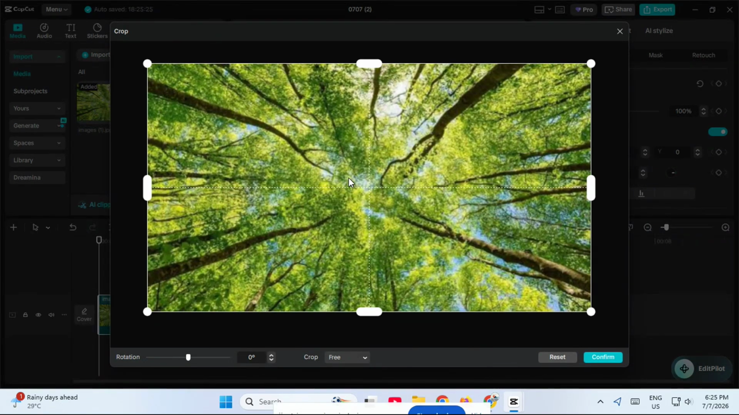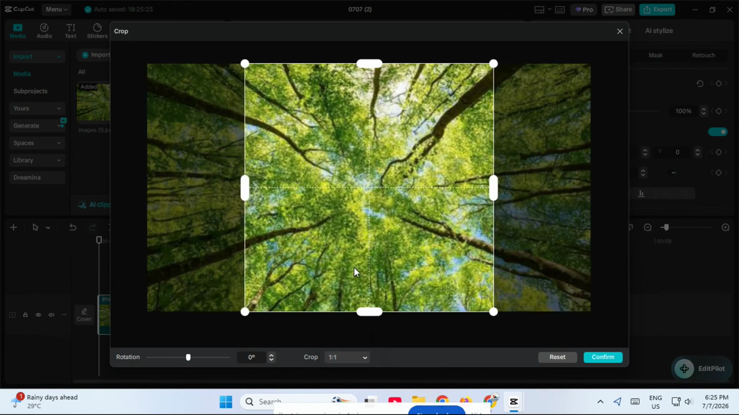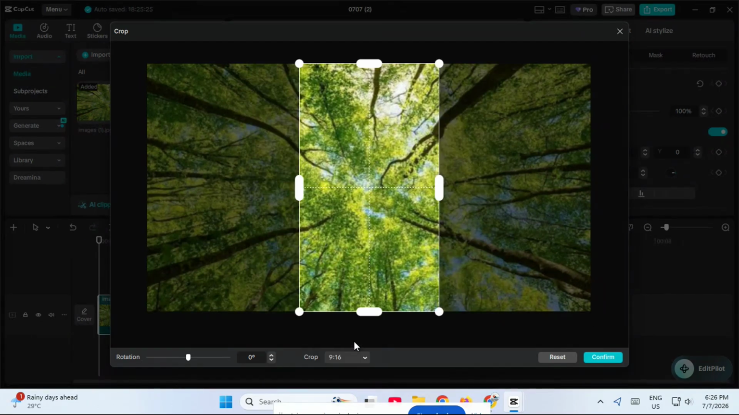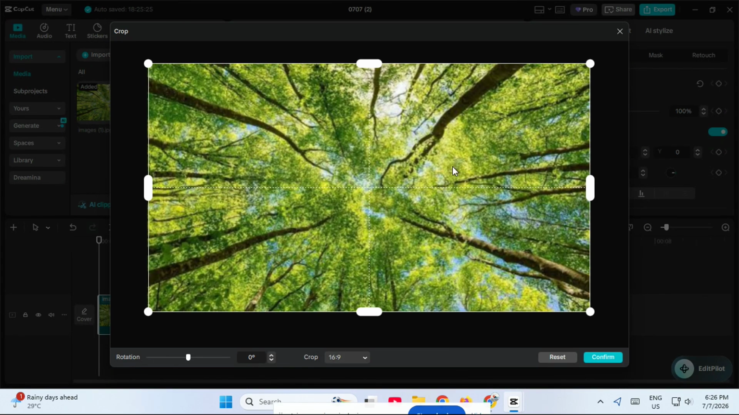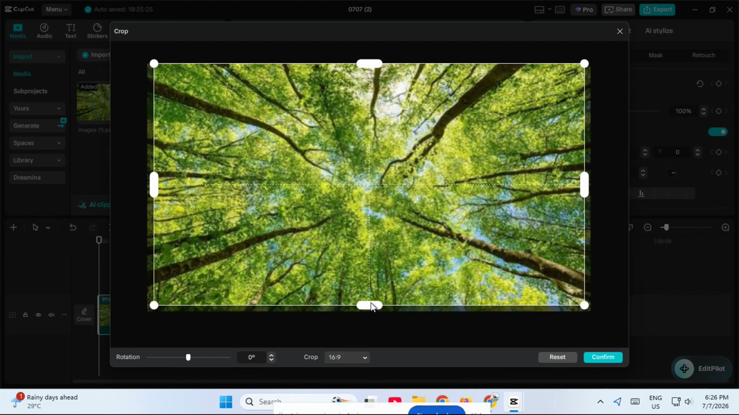Now you have two main options. You can manually drag the crop handles around the image to frame the exact area you want, or you can choose a preset aspect ratio if you want your photo to match a specific format. For example, you can select 1:1 for a square post, 9:16 for vertical content, or 16:9 for widescreen layouts. This is really useful if you're making content for TikTok, Instagram, YouTube, or any other platform with a specific size